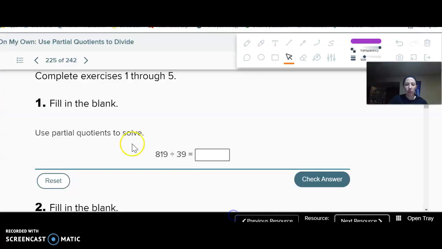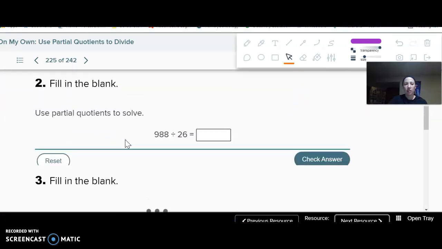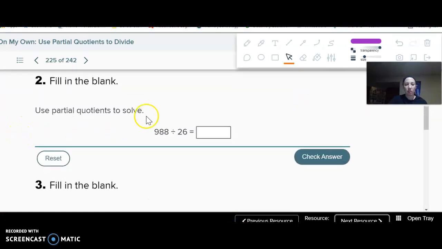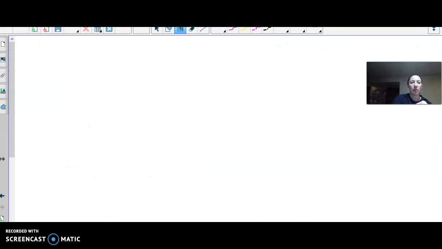If you need more explanation, either pause now or ask when you're on your practice sheet. 988 divided by 26. Go ahead and try it. All right, hopefully you got that one. We got